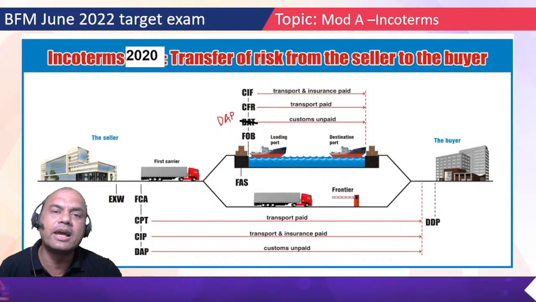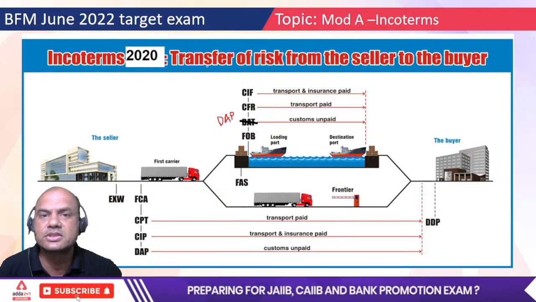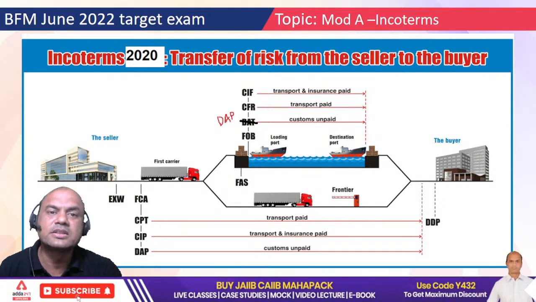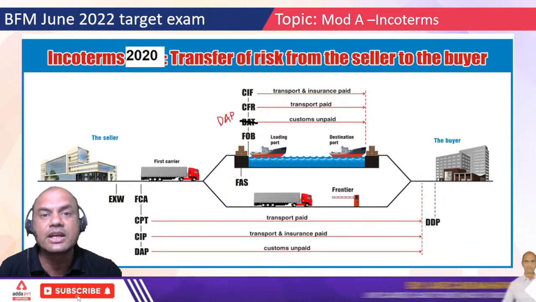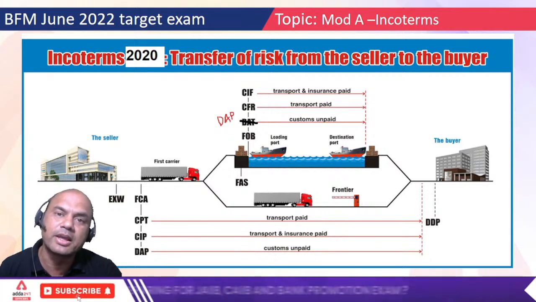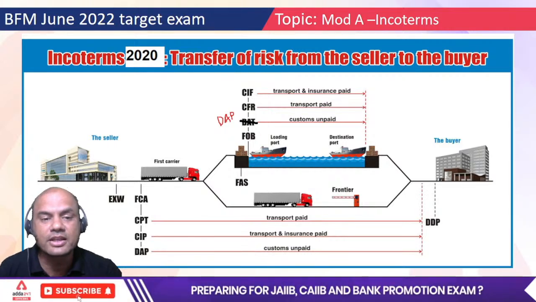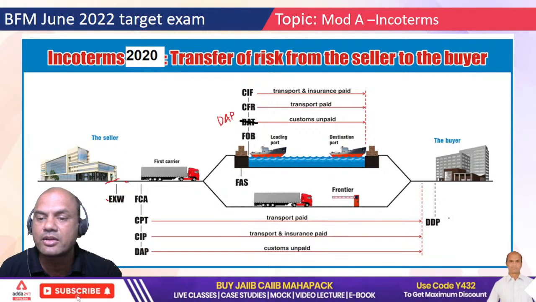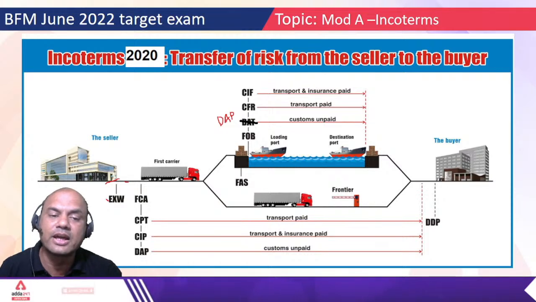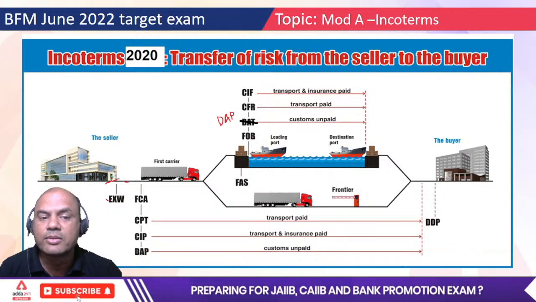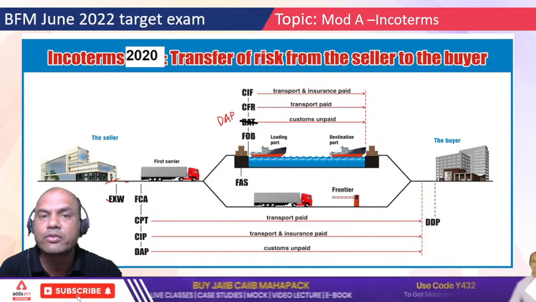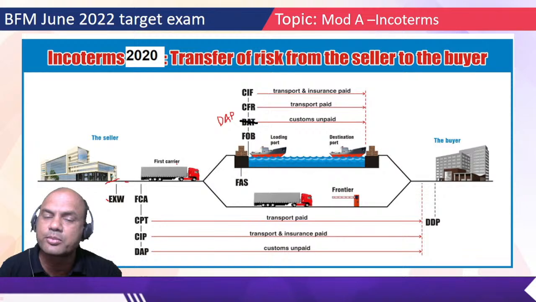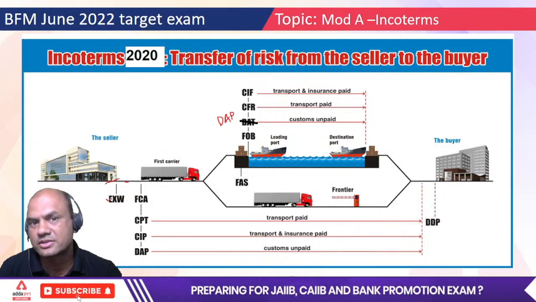Suppose I tell you I'll provide you doorstep service, like we have with Amazon and everything, right? Doorstep service means the refrigerator will reach your door, and up to that time the risk is mine. So that is another Incoterm. See, these two Incoterms I just gave you: one is Ex Works and the second is DDP. Now when I tell you that the refrigerator will be sold at my shop only, and from here you have to carry on with your own carting, your own transportation, that is known as Ex Works.